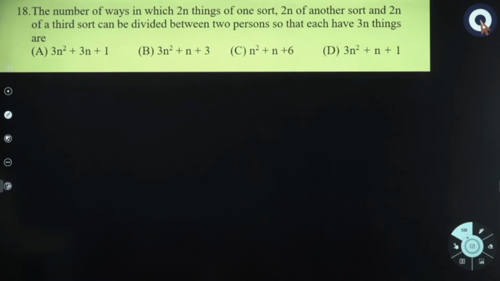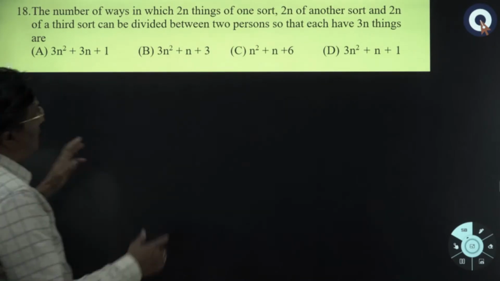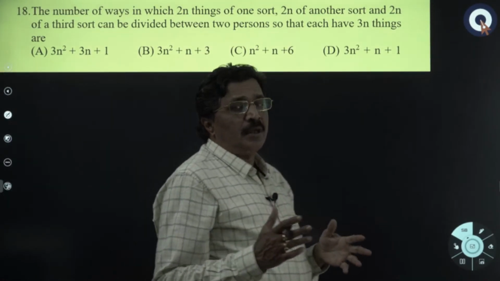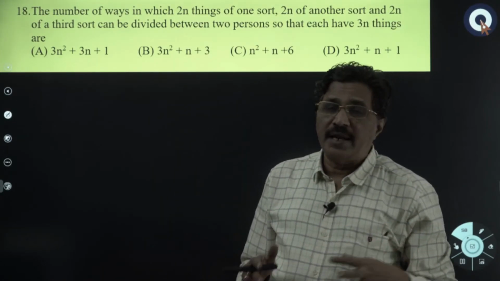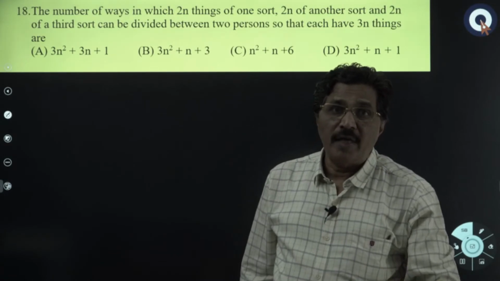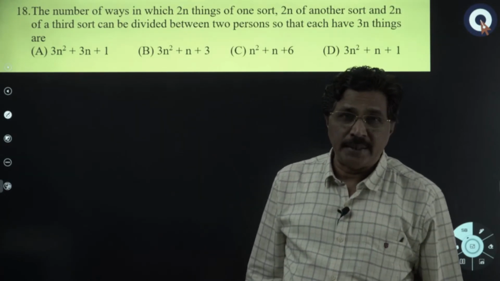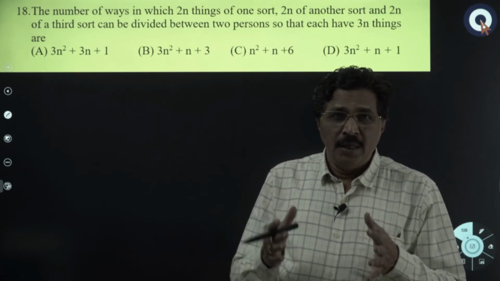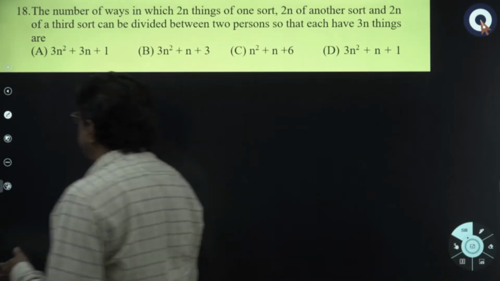The number of ways in which 2n things of one sort, 2n things of another sort and 2n things of a third sort can be divided between two persons so that each person has 3n things. So it's a question of there being 6n things in total. Out of these 6n things, you have to select 3n things, and those 3n things are to be given to one person. The other person will automatically take the remaining 3n. So it is exactly the coefficient of x to the power of 3n